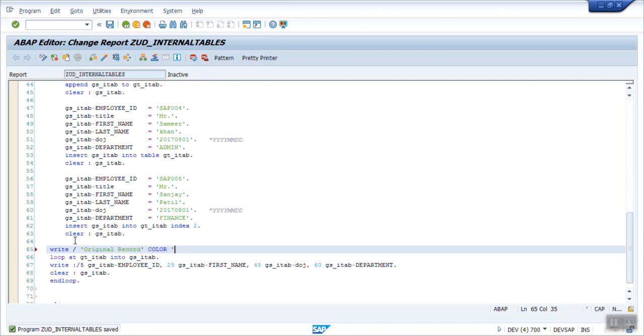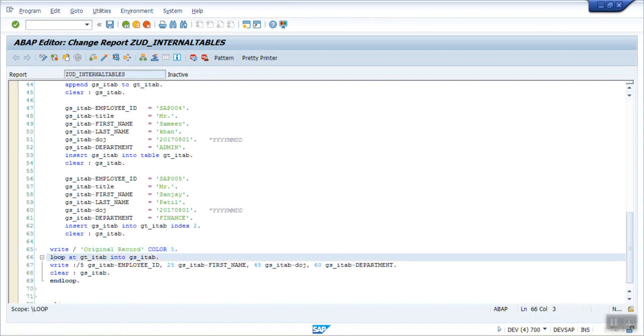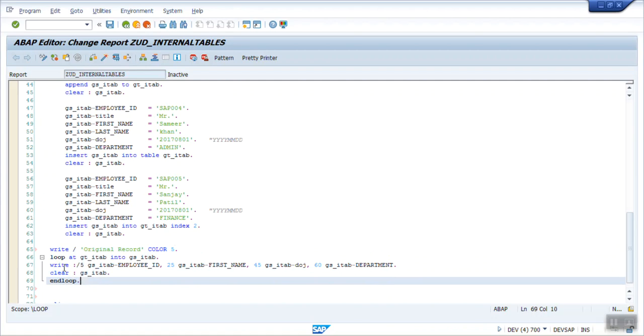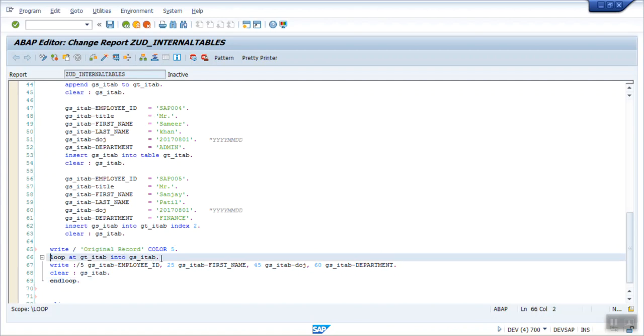Let's say color as 5. And along with writing the original record, first we'll print the original record, and while printing I will also modify this table with a new field, that is full name.